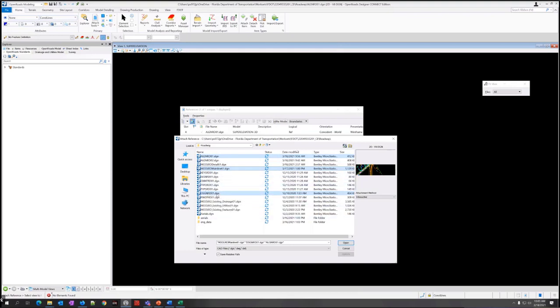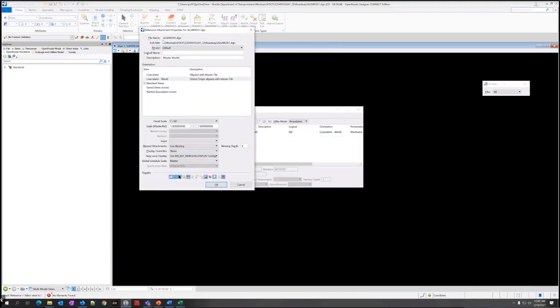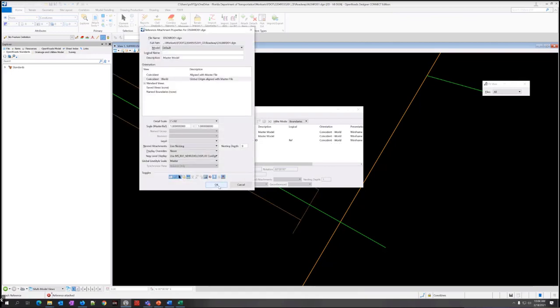And the design file is mostly so we can see the geometry to make sure our lanes are set up correctly, and then the alignment so we can, of course, follow the alignment. So click those 3 and do open. Make sure the alignment is bringing in the default model. I mean, it should be, but just make sure, because we don't need to reference our own model in. MODL RD mainline, also default model. Click OK. DSGN RDO1, also click OK.